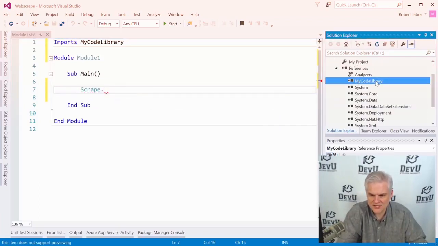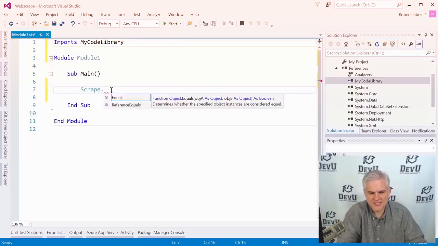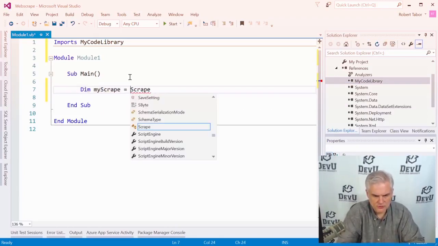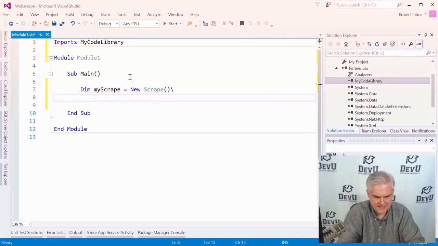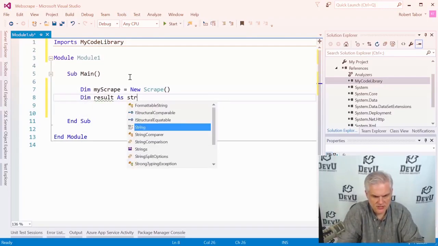You can see it added the reference here as well. Very cool. All because it's right inside of the same solution. So let's go and do a Dim myScrape equals New Scrape,